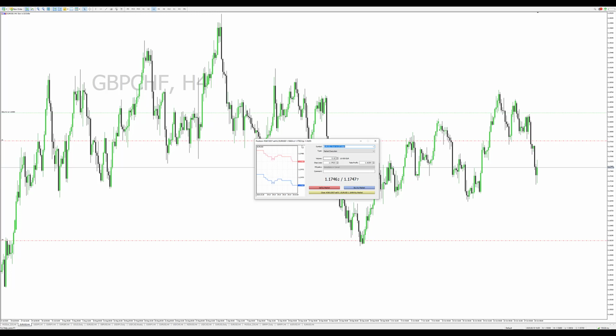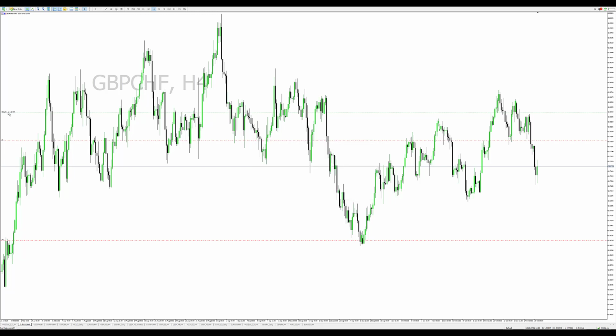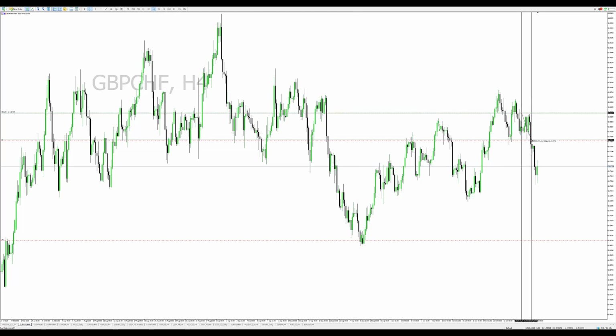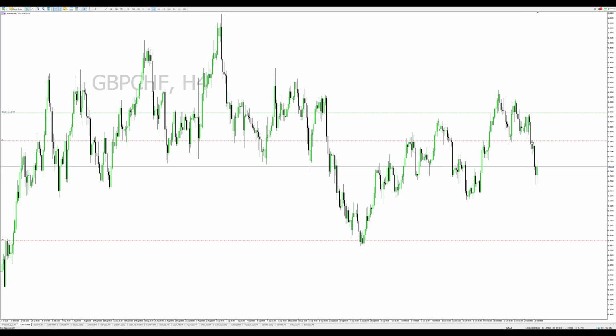So this is a 0.2 lot size position. I'm going to take off half of the position, which is 0.1. So I'm going to close 0.1 lot size. As you can see, I've closed. Now I am remaining with a 0.1 lot size, meaning I've already banked. Let me see, how many pips did I bank with the 0.1? So I've banked like $50 with the 0.1, and I've left 0.1 lot size on the table.